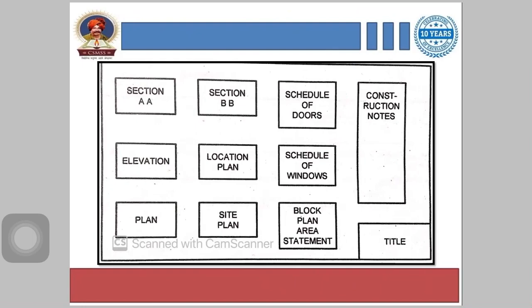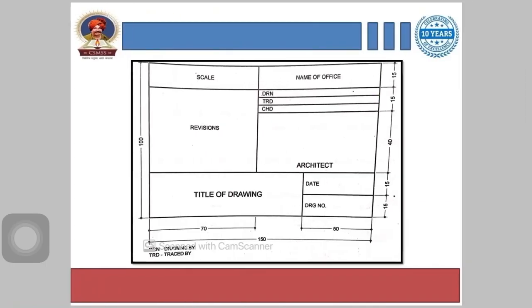So this is the block diagram which shows us the composition of submission drawing, and the title block is at the right hand bottom corner. This should contain name of the drawing, number, date of the preparation, prepared by, checked by, scale and name of architect, etc. So the typical title blocks are shown over this diagram. So this is your typical title block. So this gives us the title of the drawing.